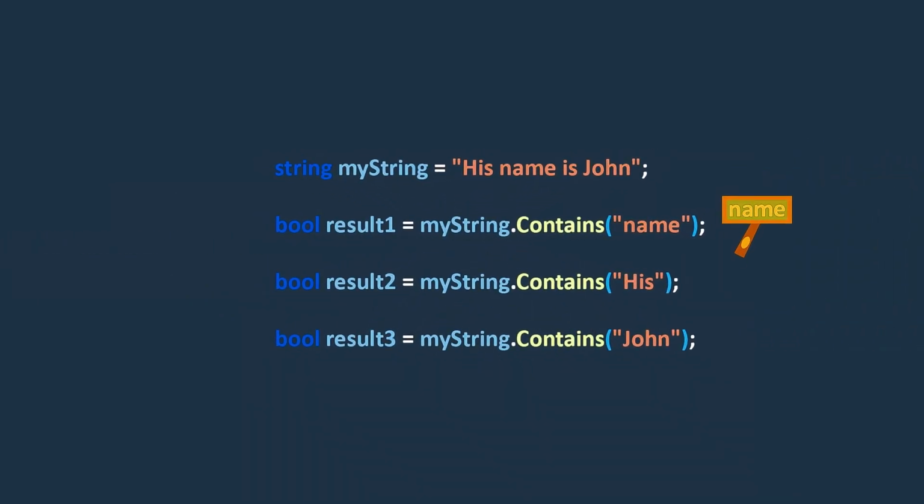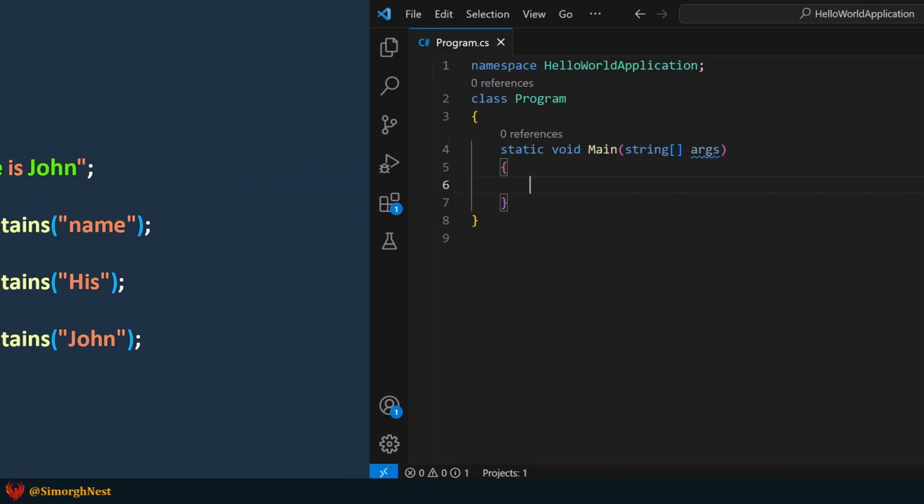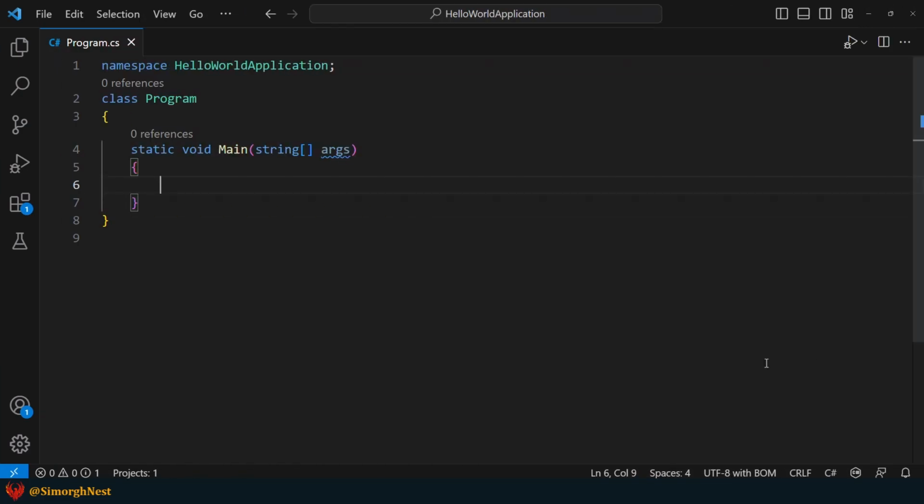For example, for all of these statements, this method returns true. As you can see, it doesn't matter whether the specified string occurs at the beginning or end of the string. To return a true result, it's enough for the specified string to be present in the string, otherwise it returns false. Now, let's dive into VS Code and see these methods in action.